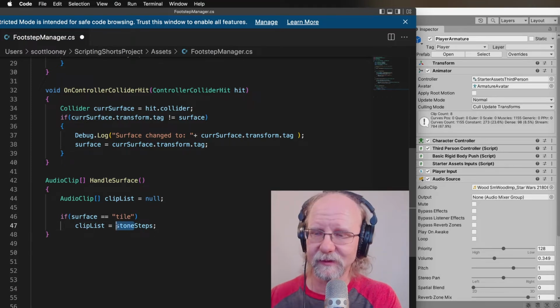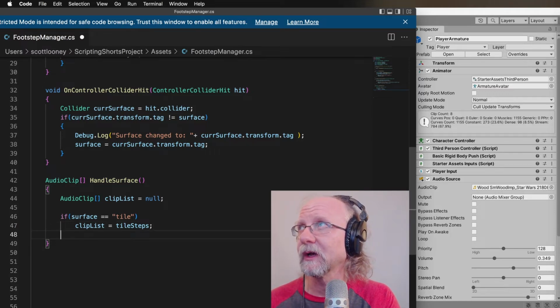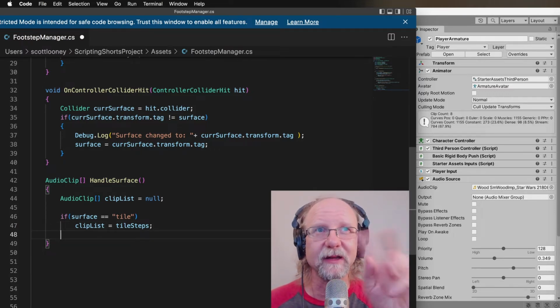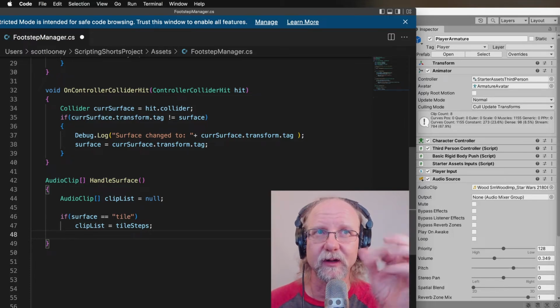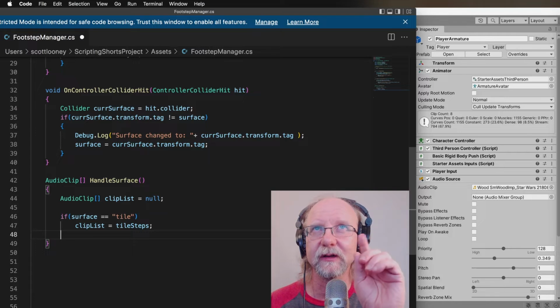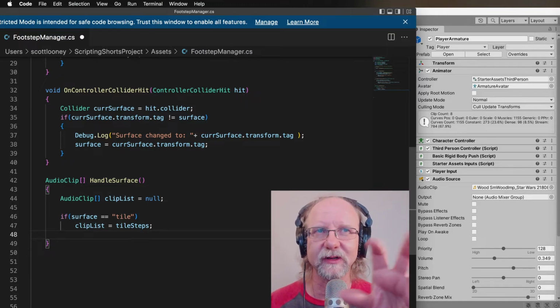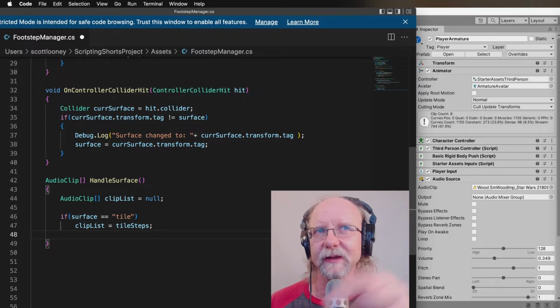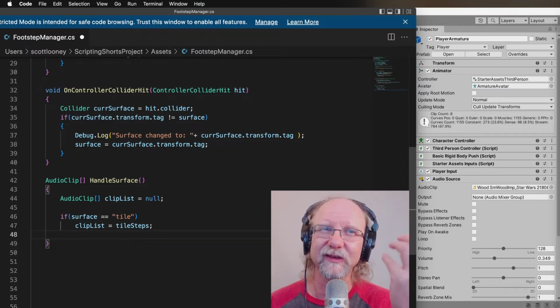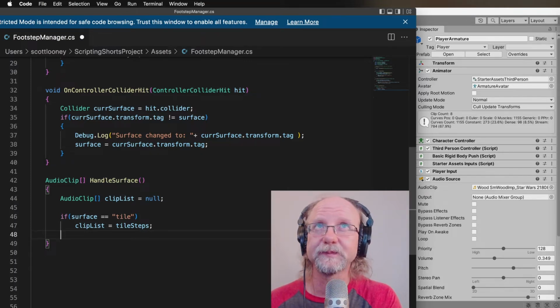Sorry, looking at a slightly older script here. So clip list equals tile steps. Now one thing to mention, you notice how I didn't have to put anything inside the curly brackets. If you only have one thing that you want to happen as a result of an if statement, you can just create one line only, and that's okay. But if you want more than one thing to happen as a result of matching a condition, you want to put that inside the brackets. In general, it's not a bad idea to get into the habit of putting things in brackets anyway, but there you go. So we're going to call this clip list equals tile steps, and then we're going to say